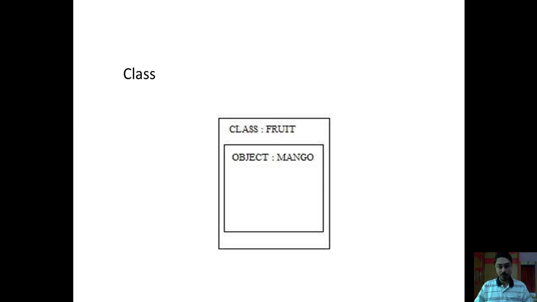Next, we will need the employee object. Again, we cannot directly have an employee object. For that, we will need to create it first. But how can we create the employee object? For that, we will need to set up the manufacturing process, isn't it? So first we will set up the manufacturing process for the employee object. Once that process has been set up, we can create as many objects of the employee as we want, isn't it? So first we will need to create a class Employee. In that we have to create a structure so that whatever objects are manufactured through it will look like an employee, isn't it?